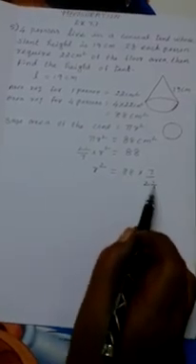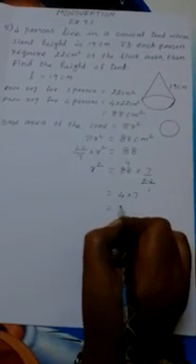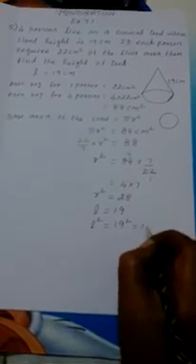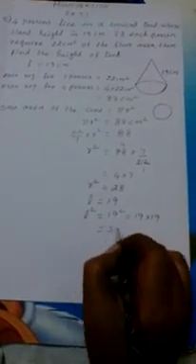Now see, here 88, here 22. We cancel these two in the 22 table. This is 1 time and this is 4 times. So equal to 4 into 7. 7 fours are 28. So r squared equal to 28. Then here given L equal to 19 centimeter. So find L squared, that is 19 squared, that means 19 into 19. 19 19s are 361. So L squared equal to 361.